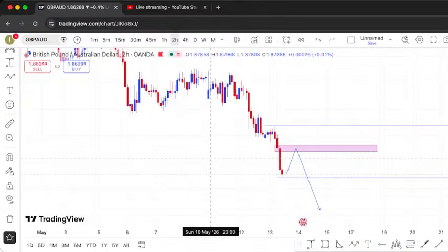Why have I used this fib? The reason being, number one, we don't have a clear lower high. The market is just simply bearish, very strong bearish. We don't have an OB left. We don't have a chart pattern. We don't have a continuous chart pattern. What should we have? We have what we call a fib. A fib, you can use a fib anywhere.